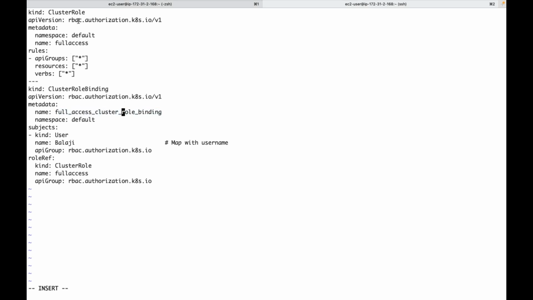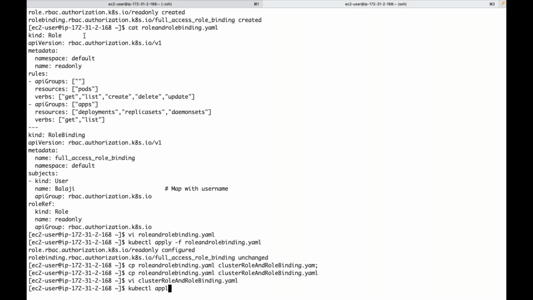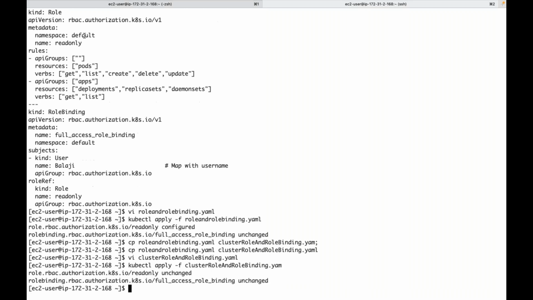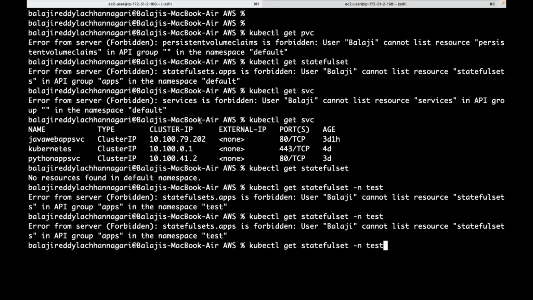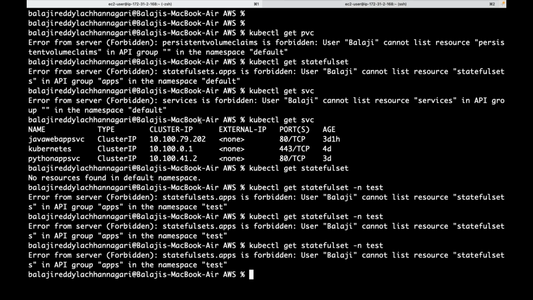Now even though I am creating this in default namespace, it will become a cluster level user, who will be able to access resources irrespective of any namespace after applying this. Now Balaji, when I execute kubectl get stateful sets -n test, now if you see stateful sets, one second, stateful sets,